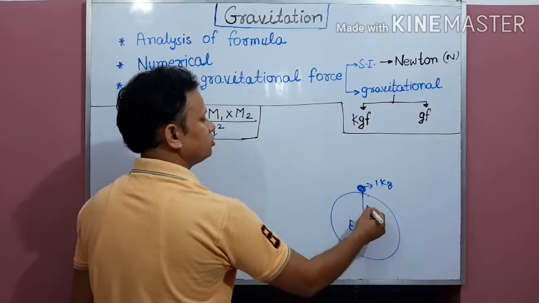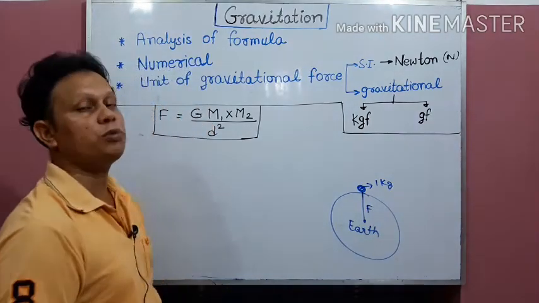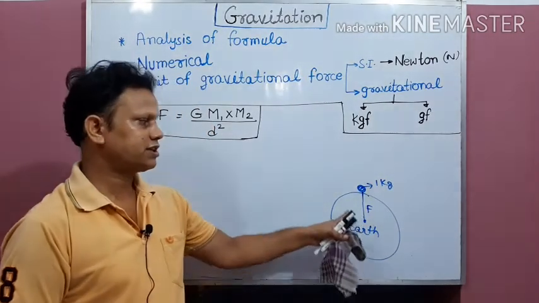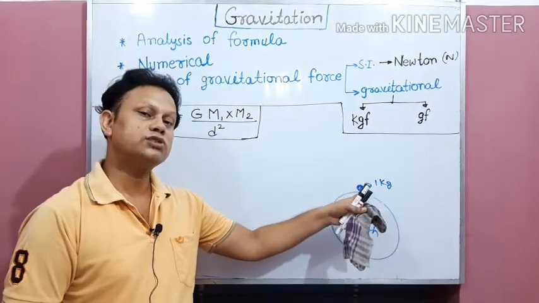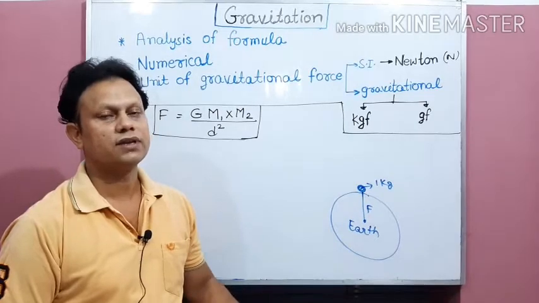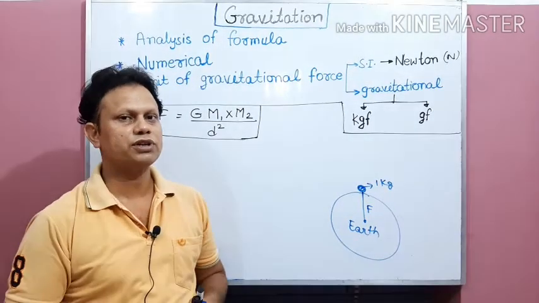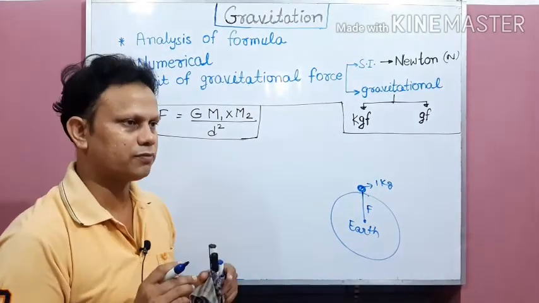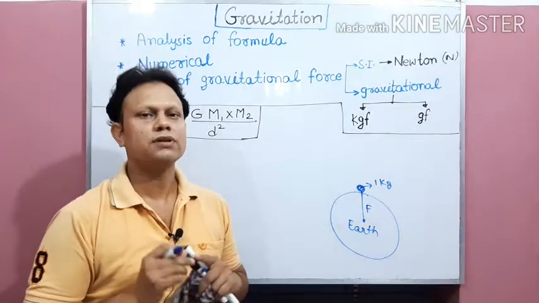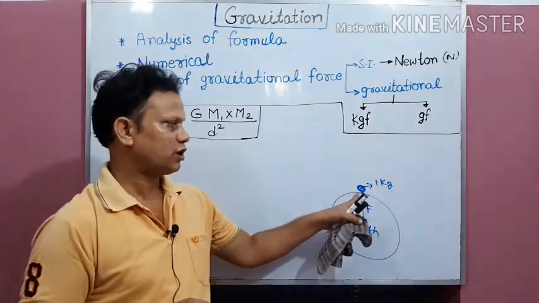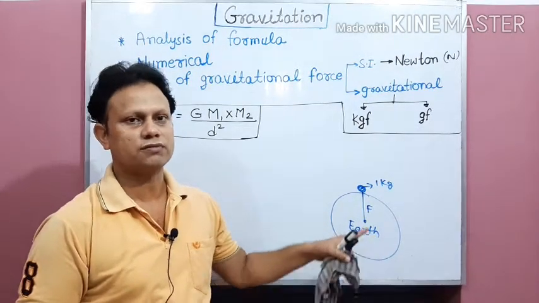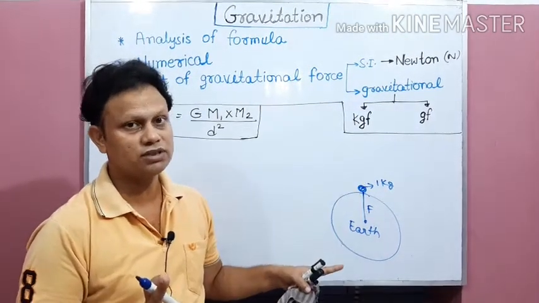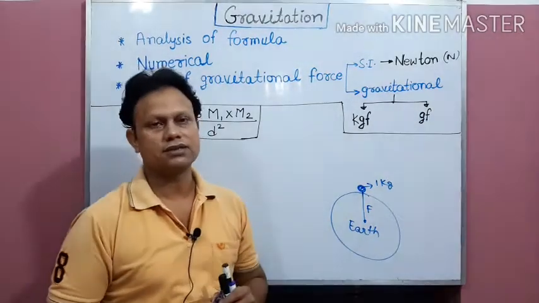Okay, my question is, by how much force is the earth attracting this object, or you can say, by how much force is this object attracting the earth. As we know, action is always equal to reaction, so we can understand that also. But again, I am reframing the question: we have to calculate the gravitational force between these two objects, one object of mass 1 kilogram on the earth's surface and the other being the earth.